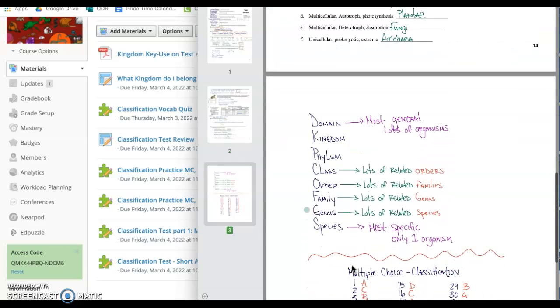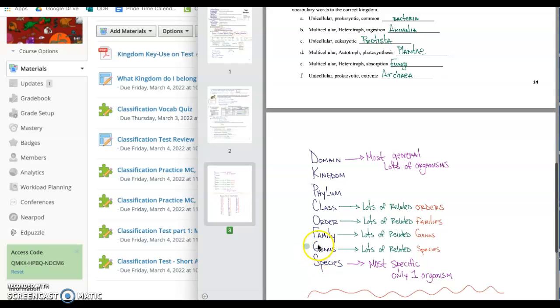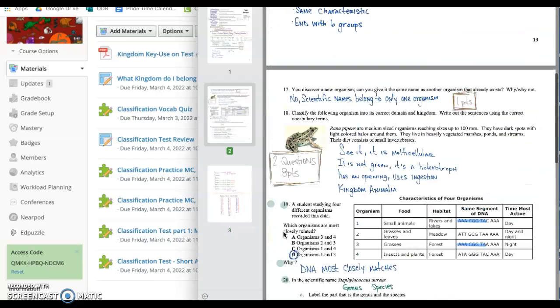And remember, the naming of species is always genus first, capitalized, and species second, not capitalized. And together, they make our binomial nomenclature. And be sure to italicize or underline the scientific name of each species. Okay, so going back up here,